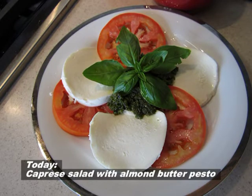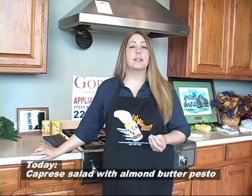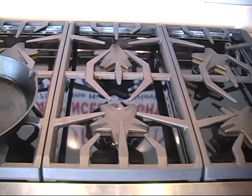I've been growing some basil in my garden, and I have been excited to do some pesto with it. I'm going to make it with almond butter instead of the pine nuts, so we're going to see how that comes out. Then we're going to do some chicken meatballs with a Gator Pickle relish dip that's really good for dipping anything in. Now we're going to start off with that steak, and I'm going to get this Thermidor range